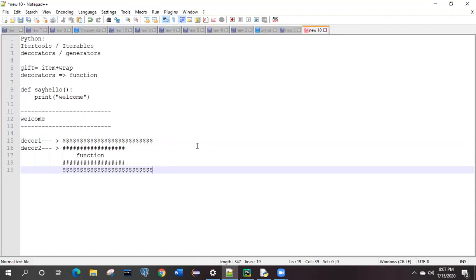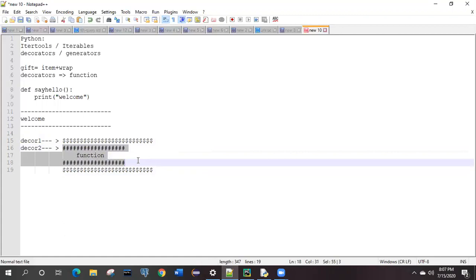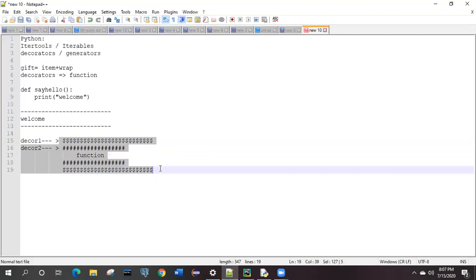See, earlier we were making use of one decorator, right? And we were easily able to get this output in this format. Now I want more than one decorator to be applied on this function. How can we apply? What could be the different logic to apply on this one?